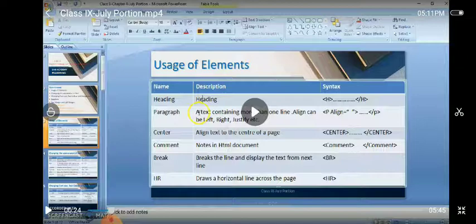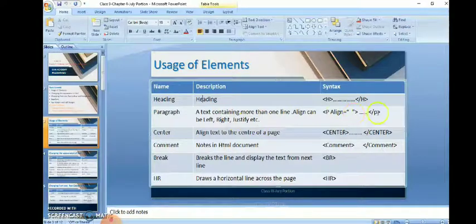The lower levels like H2, H3, H4 are used for subheadings. Those are less important. When you are writing H1, H2, you need not be in the same hierarchical format. This heading tag should be written in the body tag of the document.